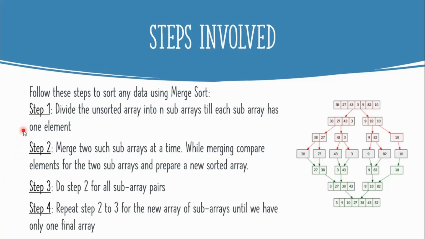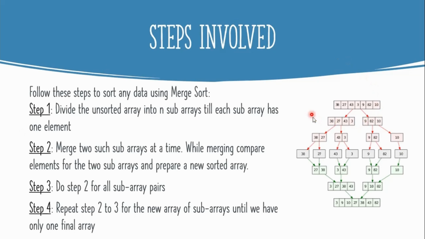Here are the steps and the algorithm for the merge sort technique. The first step is to divide the original array into multiple subarrays till each of those has only one element in them. So we can say that the input array is divided into two subarrays, that is, we'll split the original array at its mid position into two subarrays, and again those two subarrays that we have obtained are split into two subarrays respectively. Thus we go on repeating this particular process and we'll get a number of subarrays, and this process continues till each of the subarrays has only one element in them.